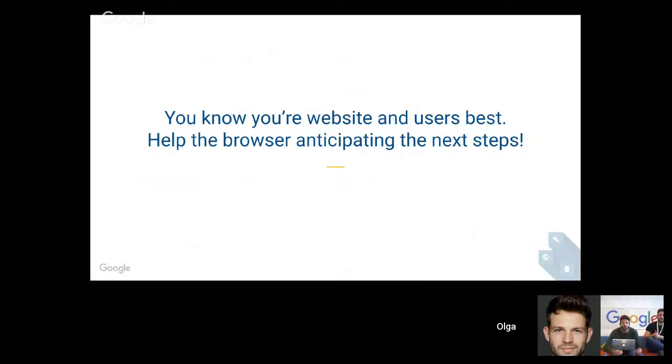So let's just move forward. Basically, the whole idea is, we showed you that the browser's already doing a lot of things like pre-resolving DNS, possibly pre-rendering pages or sites. And the idea is that the browser knows a lot already, but in the end,